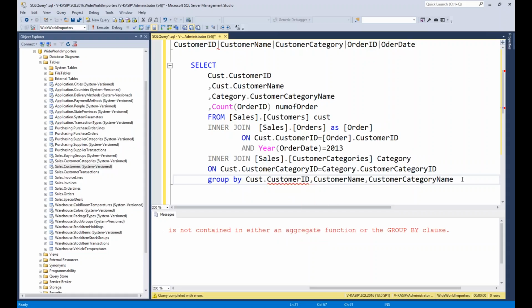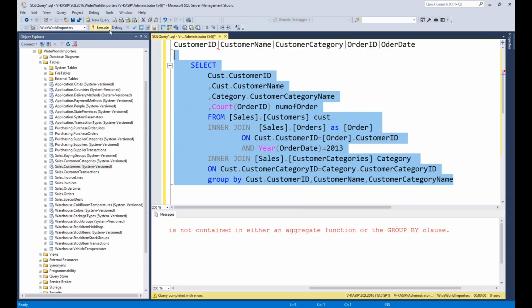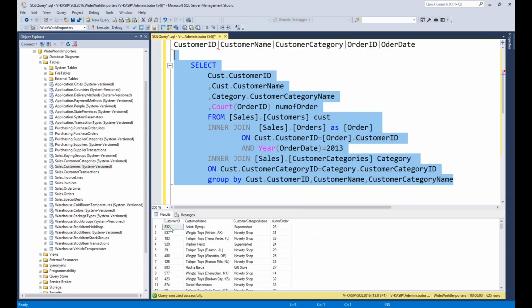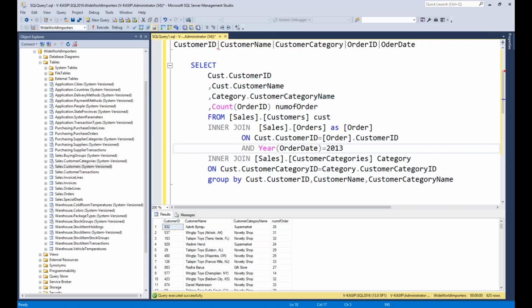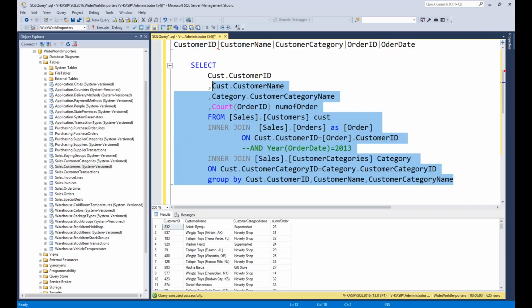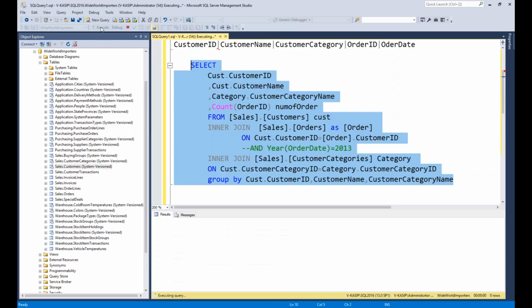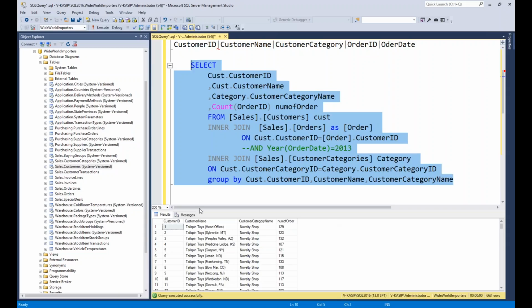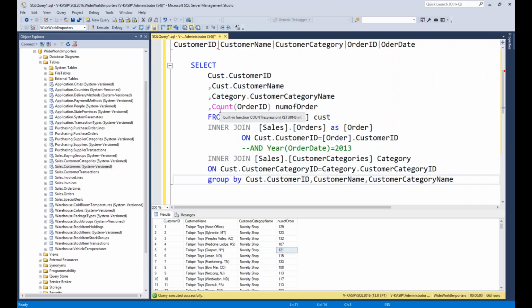Okay. So now, see this customer. The number of records came down to 625 because I have used the 2013 filter. If I take off the 2013 filter, it will be only 663 records, because that is the count of customers, right? See here, each customer, how many orders he made. So we did the group by and the count of these things.